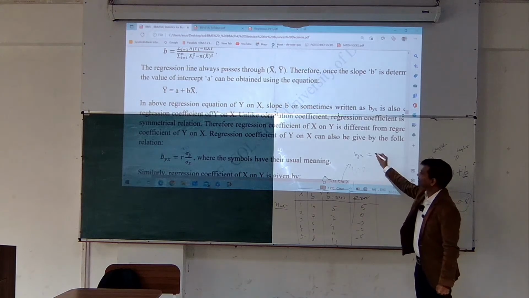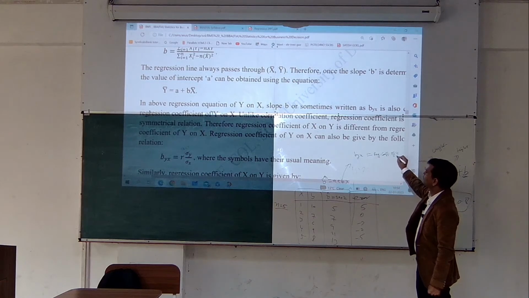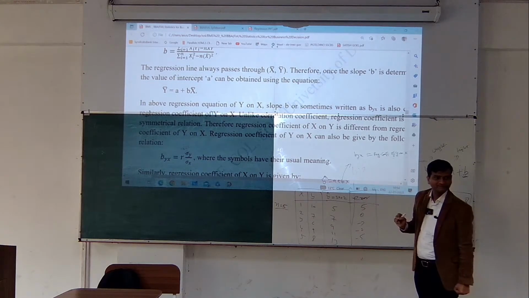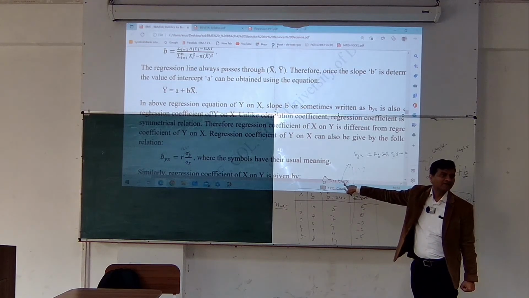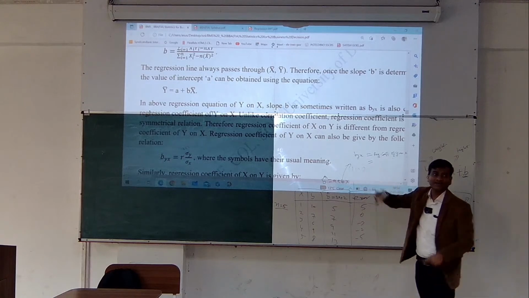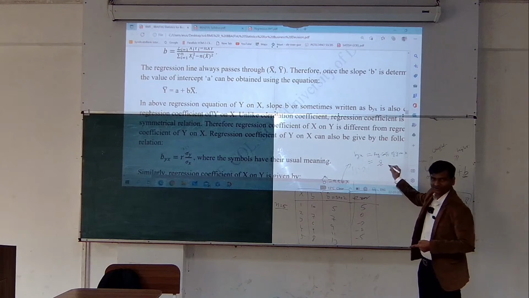What is this? This is called the regression coefficient of y on x, and this is related with the correlation coefficient. This is also equal to rxy,